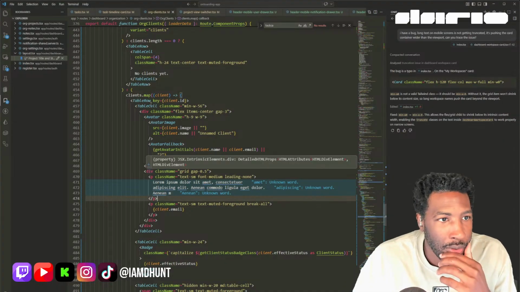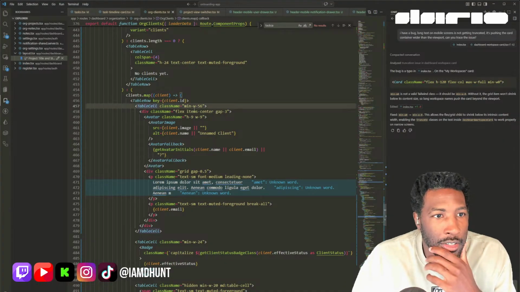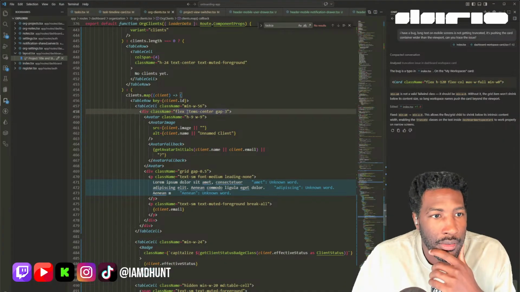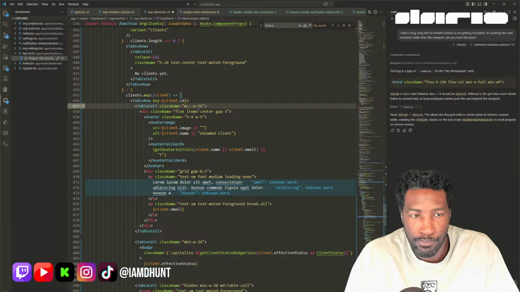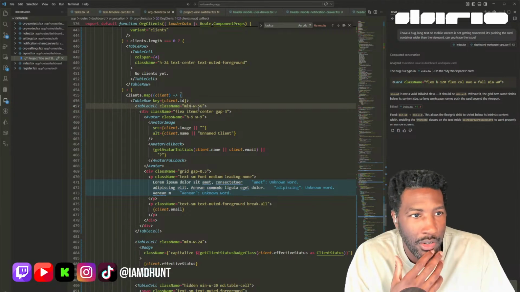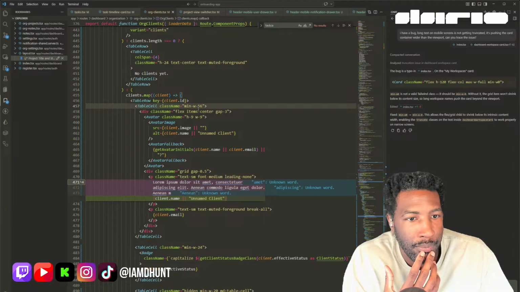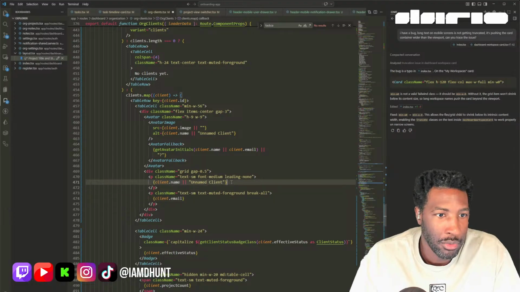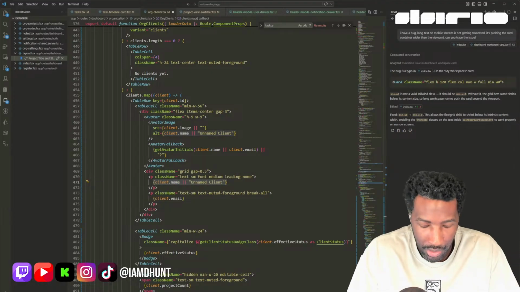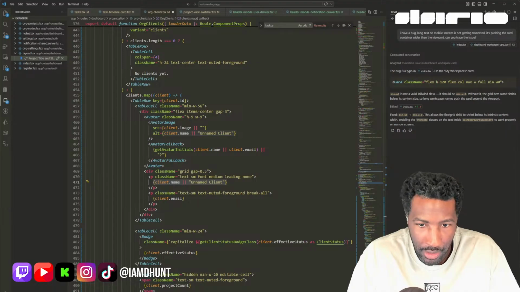It's a table cell, minimum width. Couldn't hard code it. All right, so I am going to add a special function here. Create a